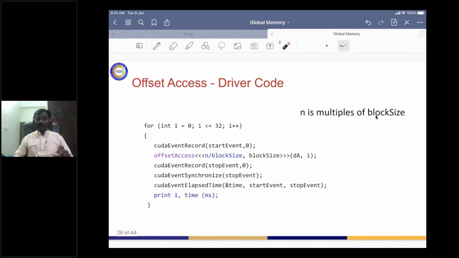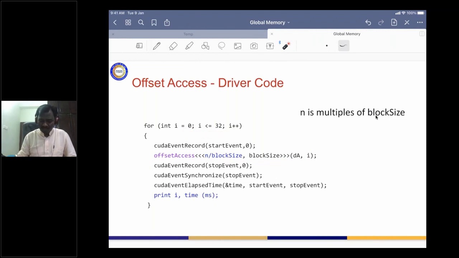Let us understand the main program. In your main program, this is self-sufficient. In the main program, the offset access kernel call we are calling for different values of I, where I is varying from 0 to 32.